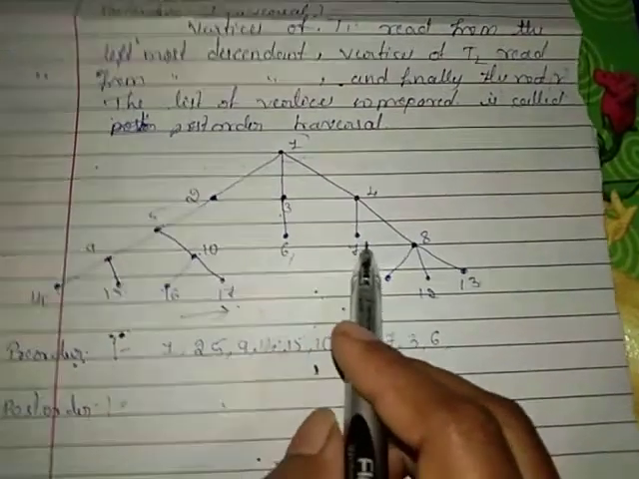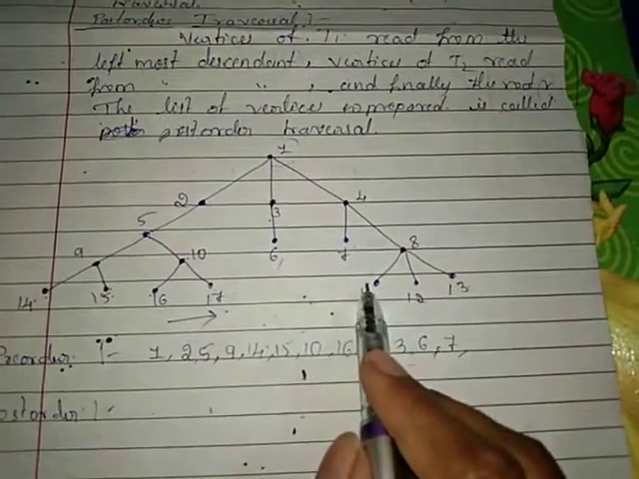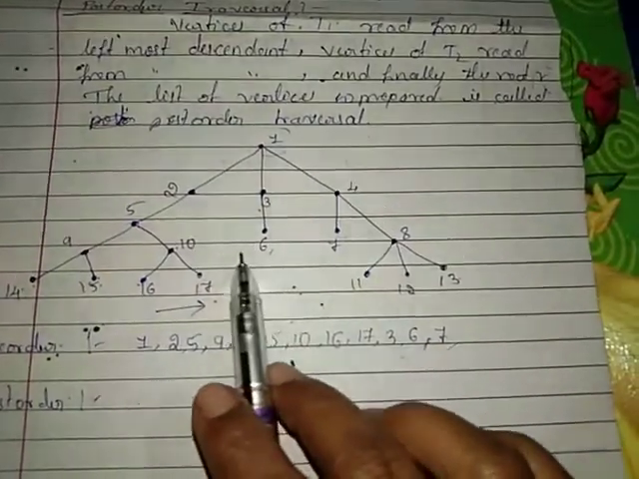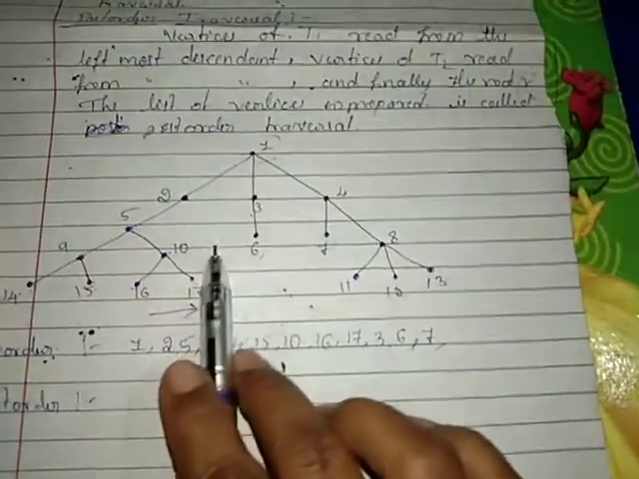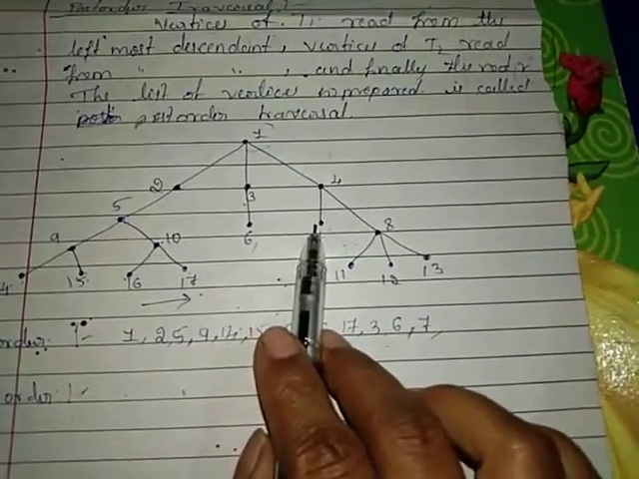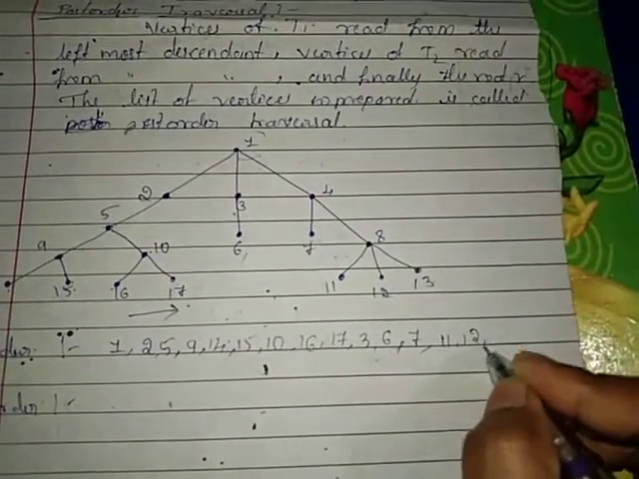We obtained a 7. Next we obtain, from left to right, we are moving from left to right here. Directly we cannot go here. From left to right, first this one will be obtained. Next this will be obtained. 11, 12,